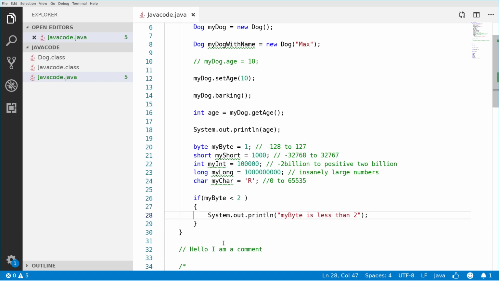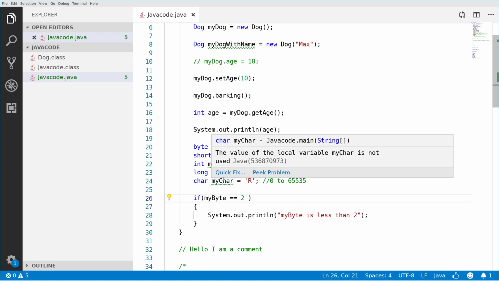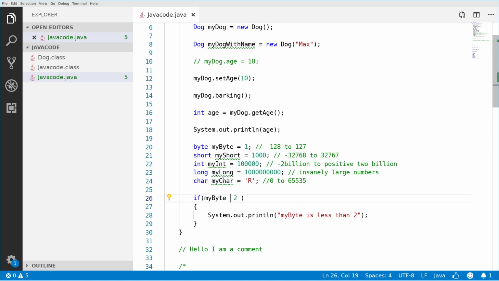So basically, this is the operation we're performing to compare if it's smaller, larger, or maybe equal to 2, okay? And we have smaller, larger, we have less or equal than, okay? We have also greater or equal than, so these are the basics. And we have also different. So if my byte is different than 2, so this is what the different sign means, right? So that's basically it, we can also perform operations right here, right?